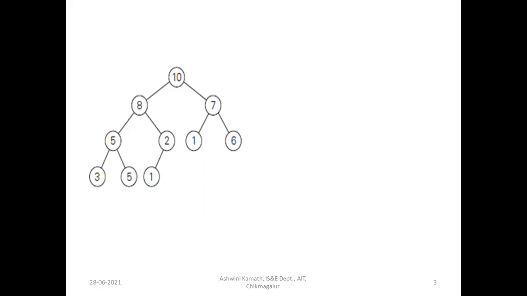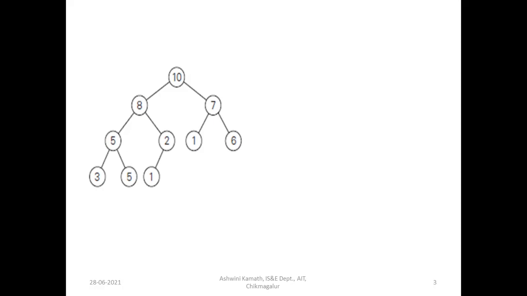It can be greater than or equal to, or lesser than or equal to, the child node. So for 5, we have 3 and 5. 5 is equal to 5, right? So in the child node, we can have values lesser than or equal to the parent value. And for 2, we have 1. So all the values in the parent node are greater than or equal to the child node.